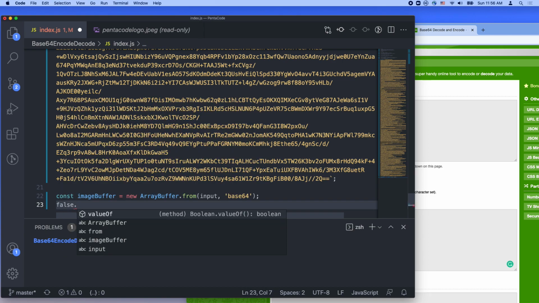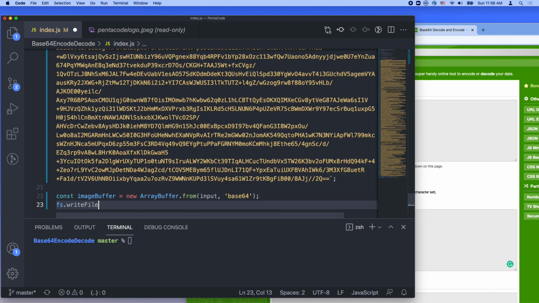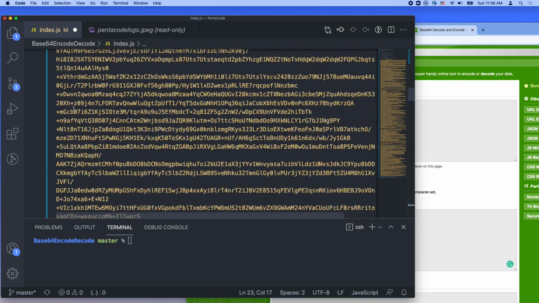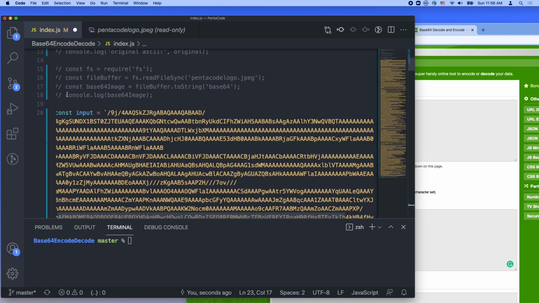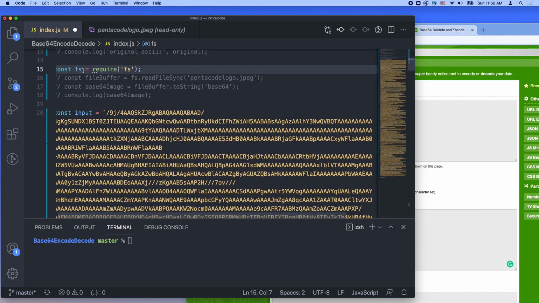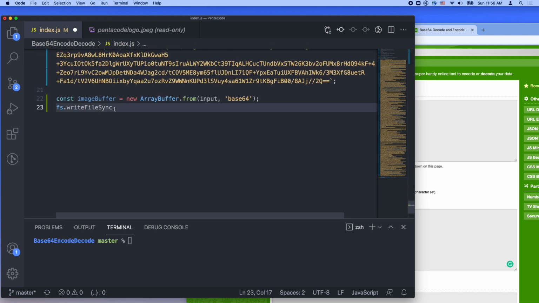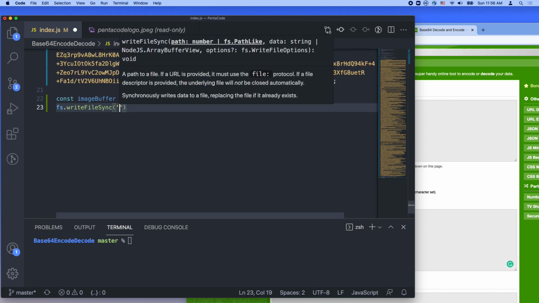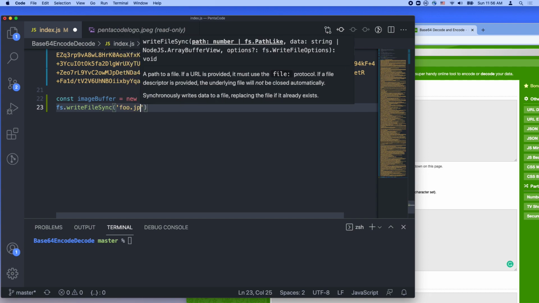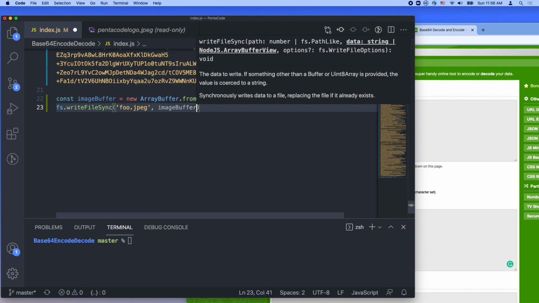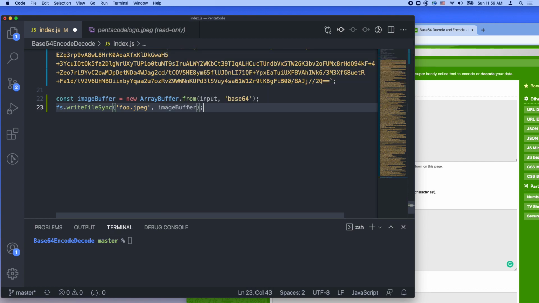We want to use the FS library to write file sync. Oh, we had to import it back. I think I disabled it. Let's see. Yeah, let's bring the file library back. Now we want to FS write file sync, and we want to write the image out. So let's call it foo.jpg, and then we want to tell it that the source of the image is from the buffer.